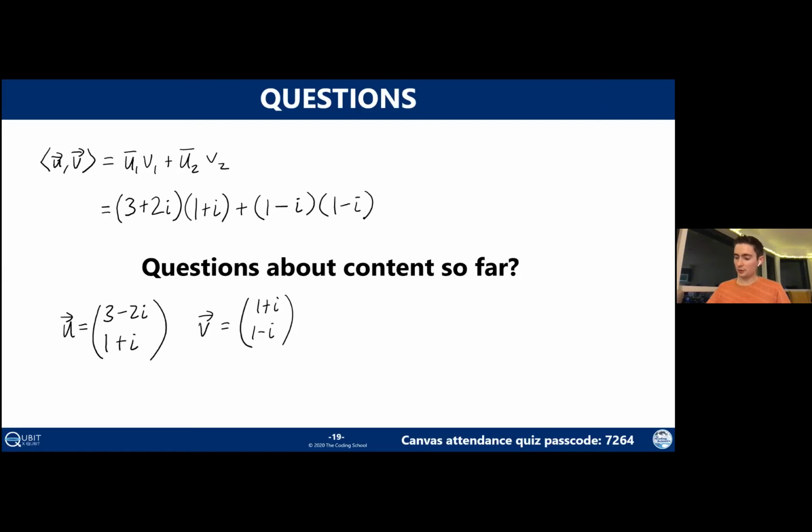From here, you would go and use the content we covered on complex number multiplication. So remember, you have to kind of multiply things like this. If you saw my lab on that, you should recognize this. It's very similar to polynomial multiplication. It would take quite a while to work out, so I'm not going to do it here. But you would just write everything out, add them together. And in this case, you would probably get a complex number as your answer.